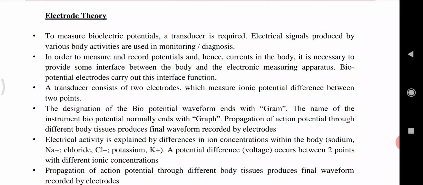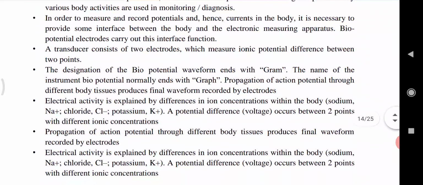And in order to record or measure these potentials or currents in the body, we have to make some necessary interface connecting the electronic equipment and the body, and the biopotential electrodes carry out this interface function. That is, some of the bioelectrodes are used for this interface function, and a transducer has two electrodes which measure the ionic potential